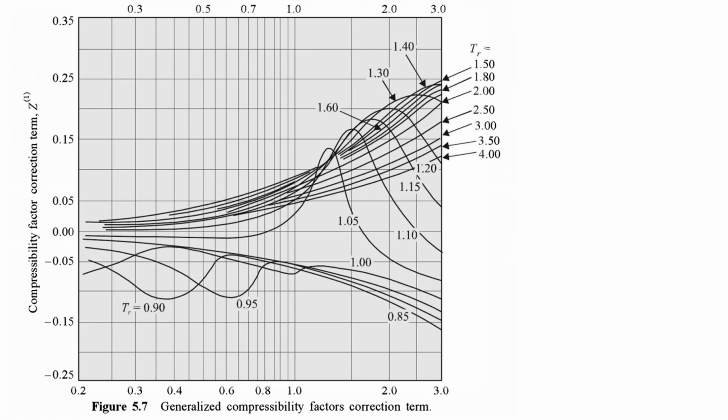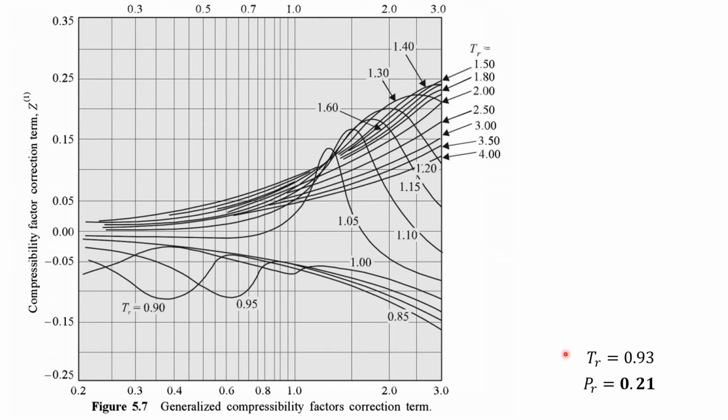So here we can estimate the correction factor. These are the generalized compressibility charts in which we can find out the correction factor, that is Z1. That is simply the deviation from the sphericity. If the molecules are not spherical, then we can assume that molecule as spherical, and the remaining term will account for the non-sphericity of that molecule.